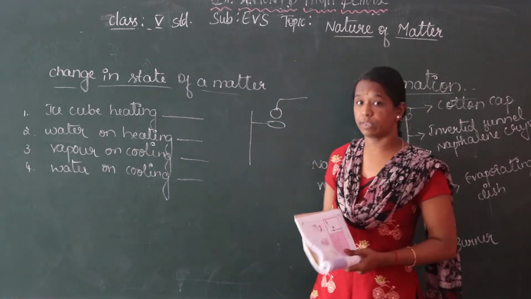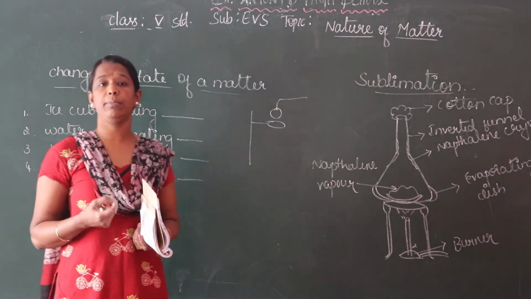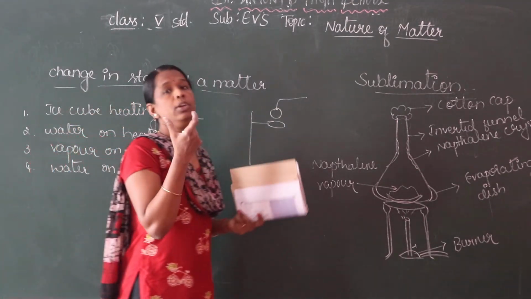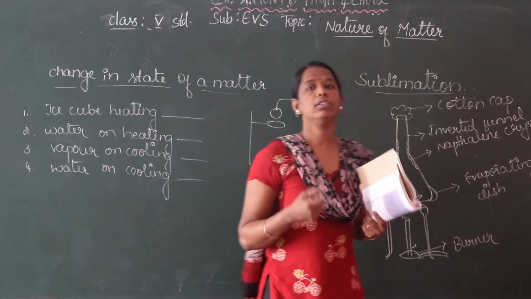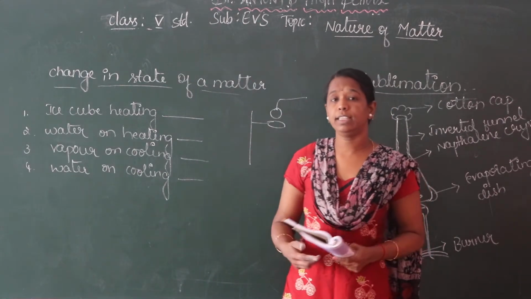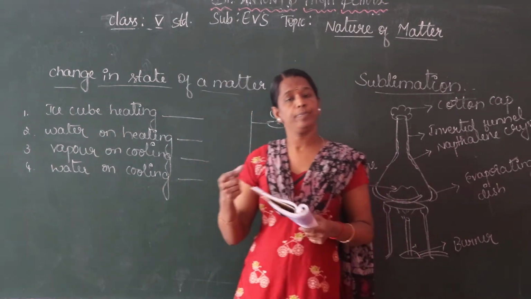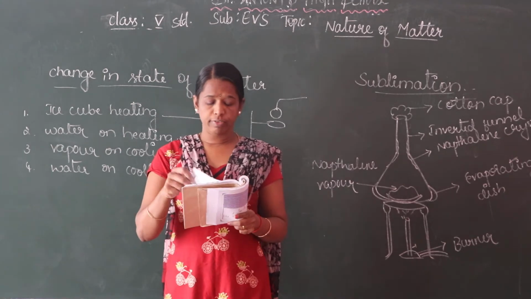The property of metal is that when heating the metal, maybe iron or whatever it may be, the metal expands during the heating. In that way the ironsmiths heat the iron and give a different shape to the iron. So now we discuss about